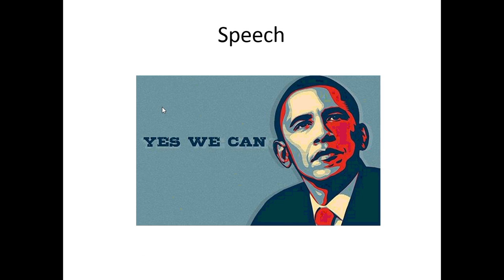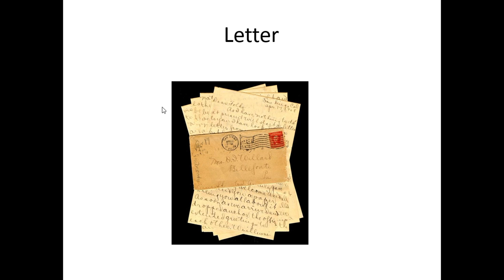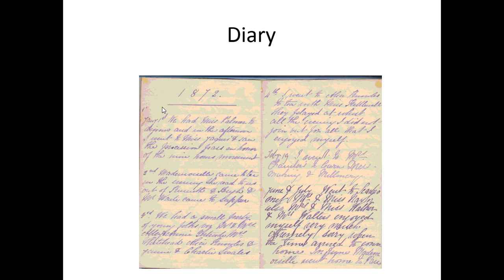The second is a speech. Basically, speeches are rehearsed, practised, written in advance for an invited audience. So while useful, we also have to be slightly wary of them. A letter is between two people, private. However, people were still quite reticent to write things down, particularly their personal thoughts. They'd probably do that in a diary. Diaries are excellent to show how people felt. However, it's only from one person's point of view. So, for example, if somebody was in Nottingham during the Chartist riots, they wouldn't really know what was going on in the rest of the country.